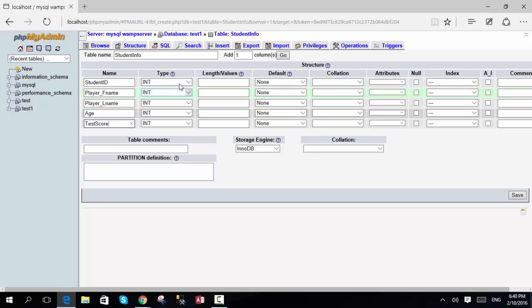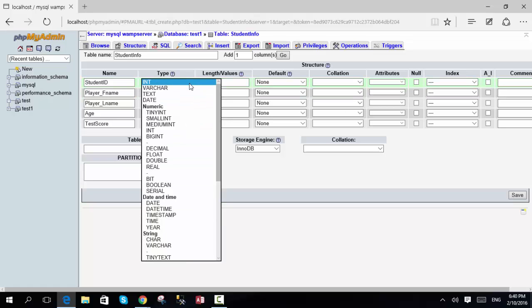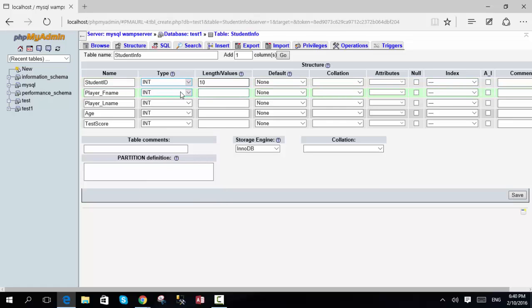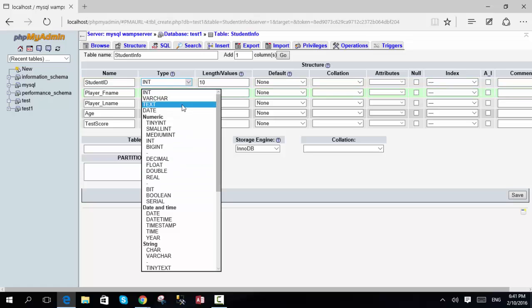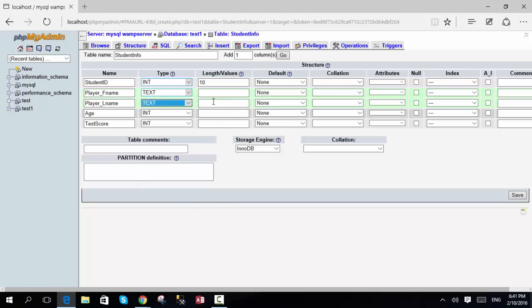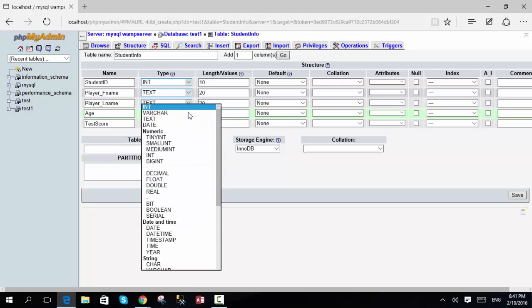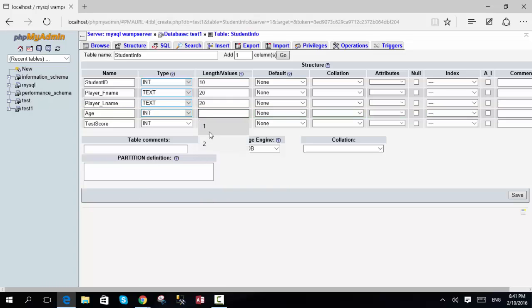I need to select the type of data that will be entered into these columns and the length. So for student ID I would keep it as int up to 10 characters. For the names I would use text and set it about 20. Age, keep that as int, 2 characters, and test scores I would use up to 3 characters because 0 to 100. Then I would select save,